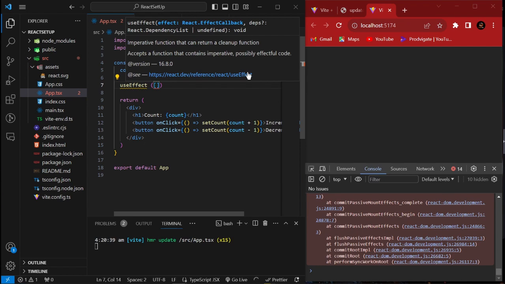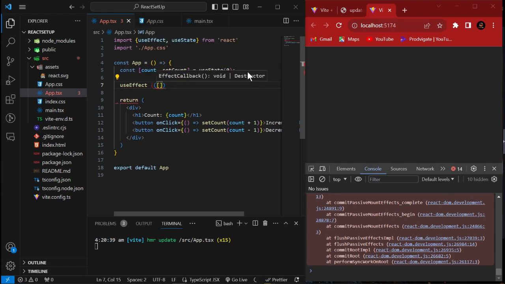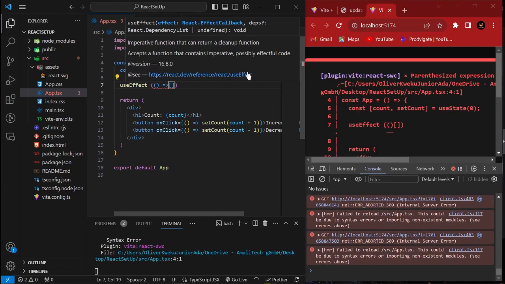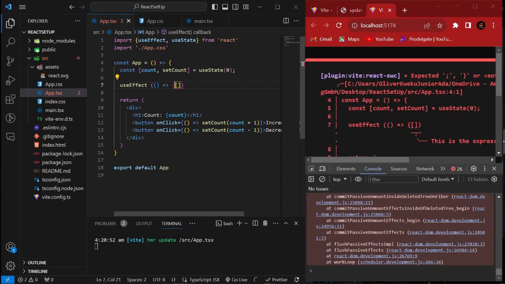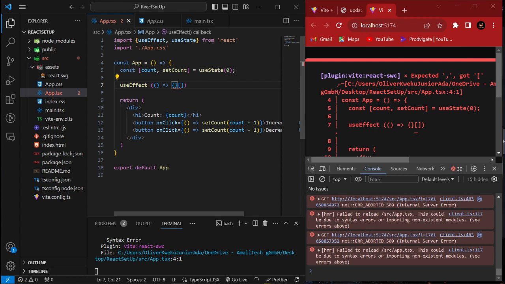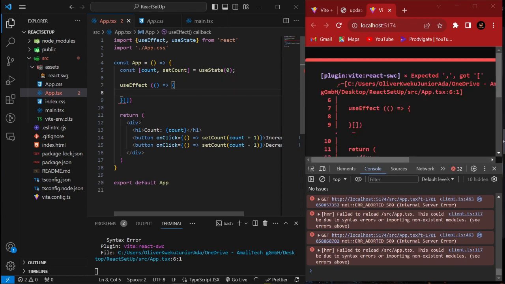So this is going to be our dependency array. Then we are going to create a function. This is where we are going to be calling our return function, and then whichever code we want to run. So over here basically we are going to have a function which we are going to be running over here. We're going to have a function, okay. The function we want to run